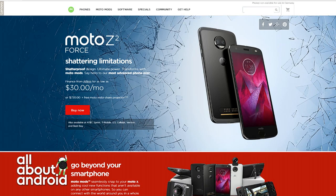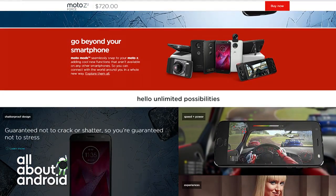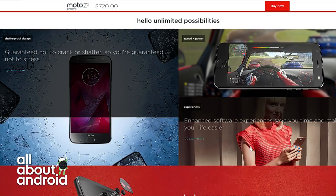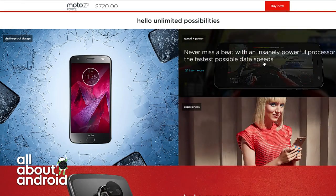I'll get into the details, but on first glance, I really like this phone. Like, I really like it. I kind of don't want to send it back. That's how much I like it. We've talked about it on the show recently, but in terms of